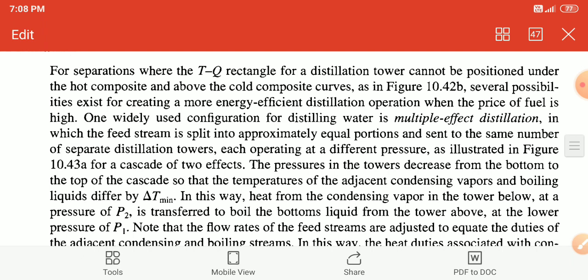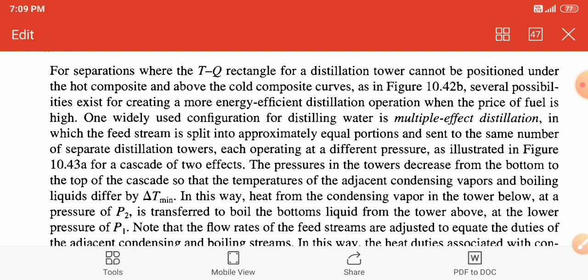Now, several possibilities exist for creating a more energy efficient distillation operation when the price of fuel is high. One widely used configuration for distillation is multiple effect distillation, in which the feed stream is split into approximately equal portions and sent to the same number of separate distillation towers, each operating at a different pressure.